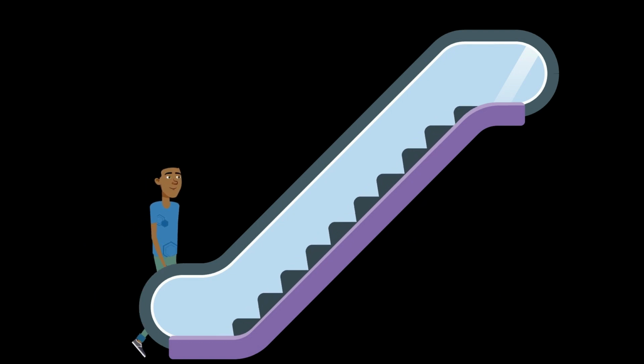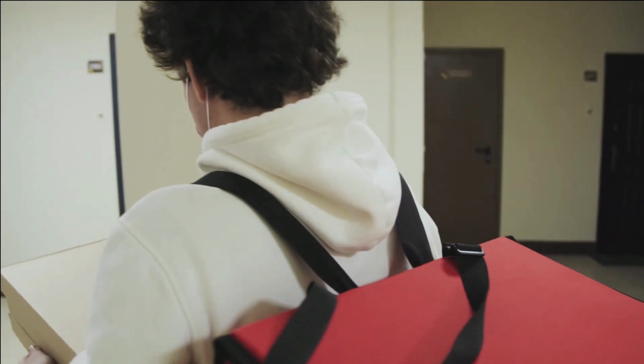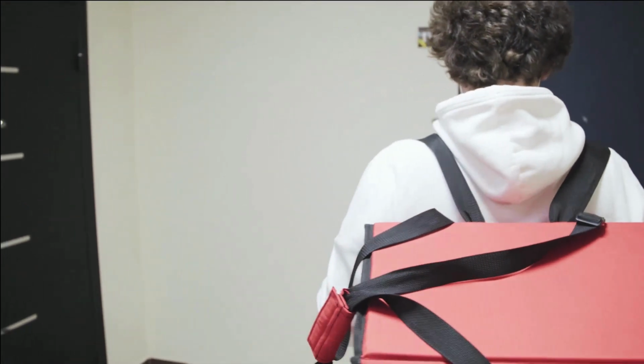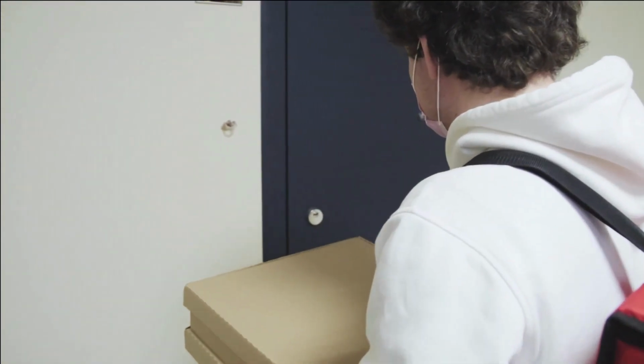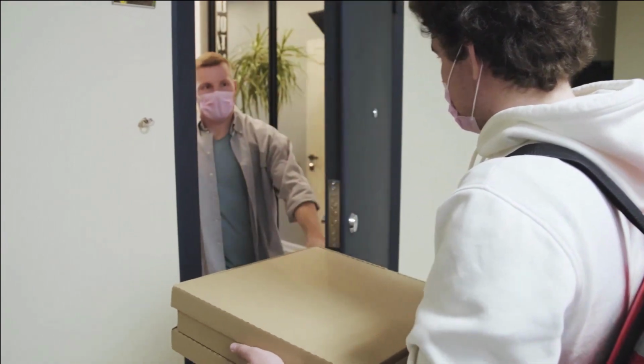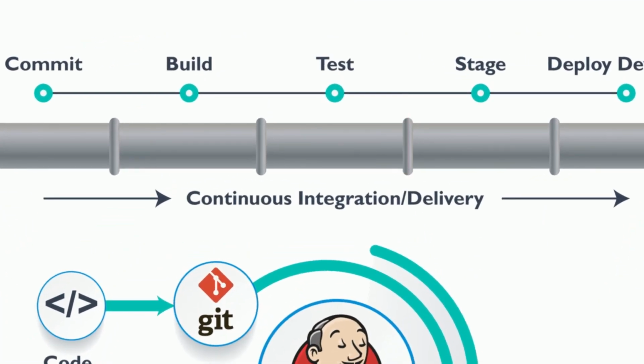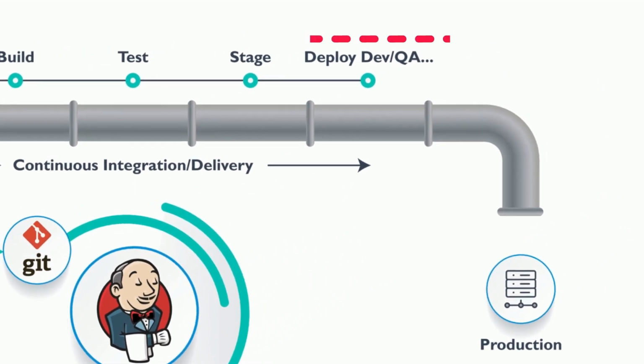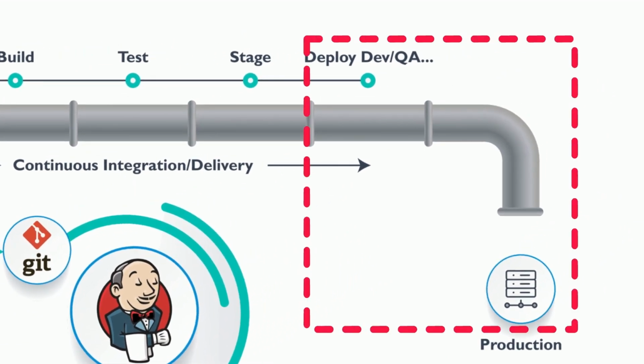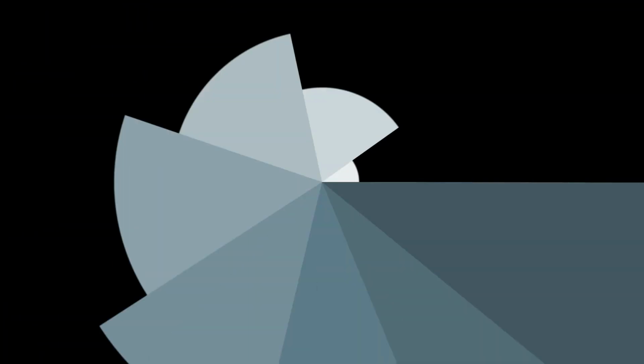A CI/CD pipeline is a series of steps that must be performed in order to deliver a new version of the software. Continuous integration or continuous delivery pipelines are a practice focused on improving software delivery using either a DevOps or site reliability approach. A CI/CD pipeline introduces monitoring and automation to improve the process of application development, particularly at the integration and testing phases, as well as during delivery and deployment. Although it is possible to manually execute each of the steps of a CI/CD pipeline, the true value of CI/CD pipelines is realized through automations.